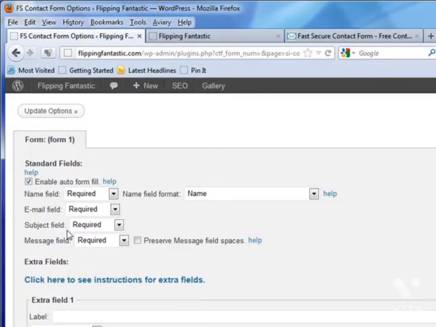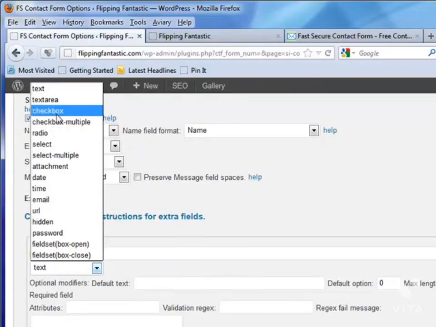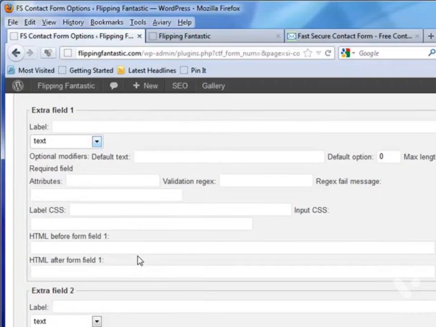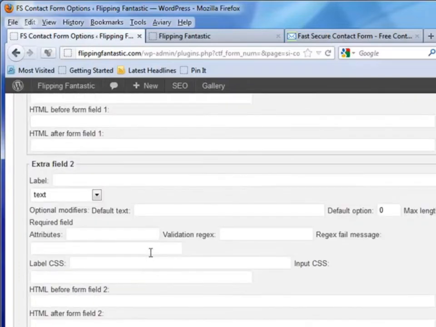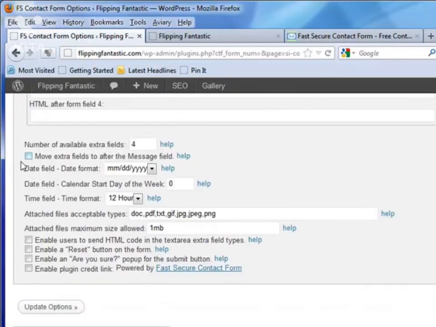Here's some extra fields. You can specify different fields, and you can have radio buttons, do all kinds of different things, ask them questions. You can have a general contact form, and then you can use Fast Secure Contact Form to do a little survey if you want. You don't need fancy, expensive form software and plugins. You have extra fields, pretty interesting